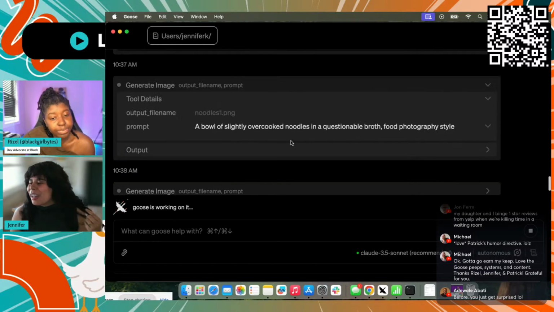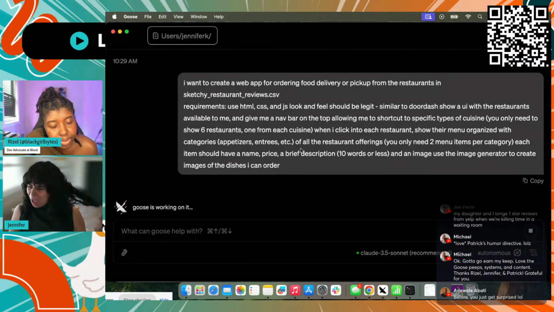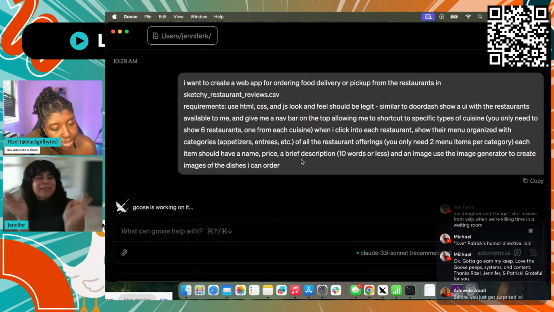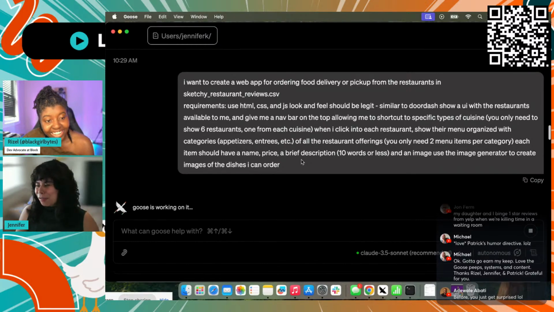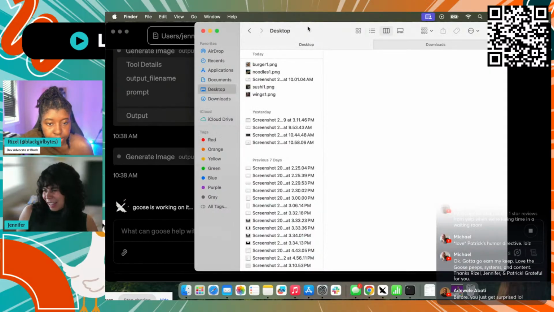So I wonder, I could have detailed in the prompt a little bit more about that. Like these are the reviewers' pictures, not marketing by a professional food photographer. Yeah. We're letting Goose interpret it how it wants. But I don't want it to interpret.